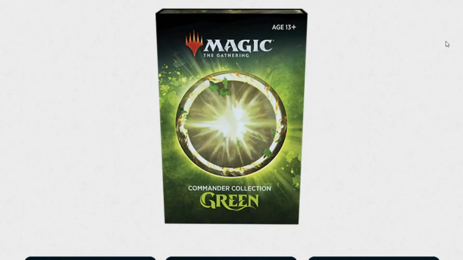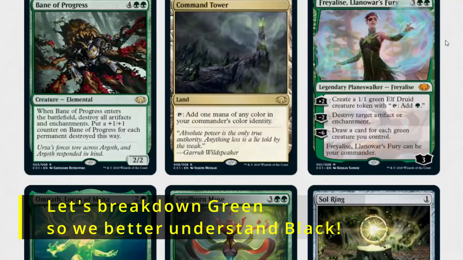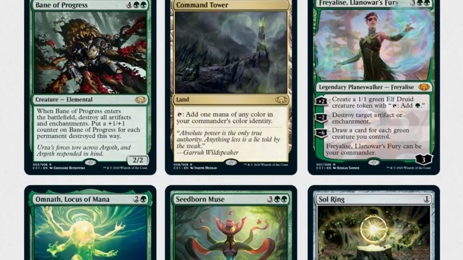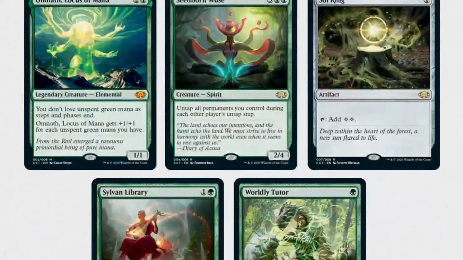Alright, so let's go ahead and look at Commander Collection Green. This product was originally released back on December 4th of 2020. This was a very interesting product because when it first came out, it had a much lower MSRP than what everyone sold it for. So I think it came out at about $40 for the regular version, and